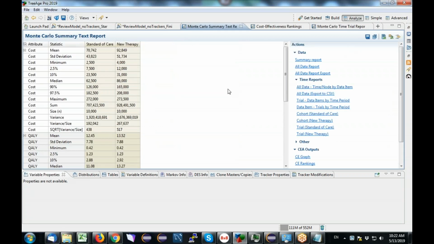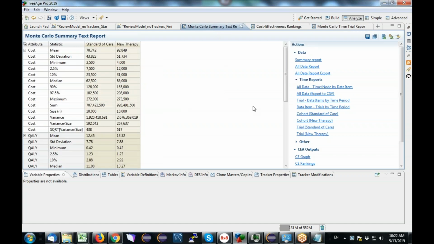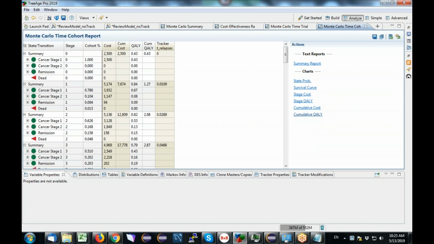Okay, so you can see the individuals coming through here, and we'll focus on 9410 in a little while, but I can also generate the cohort level details. And this is something that until maybe a year and a half ago, you could only get this output from cohort models. But when we built in the patient tracking, we were also able to build in this cohort level